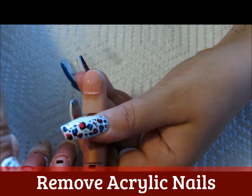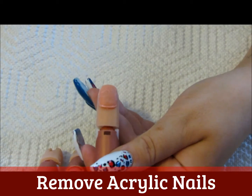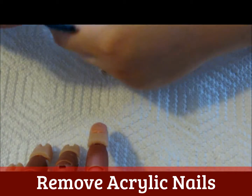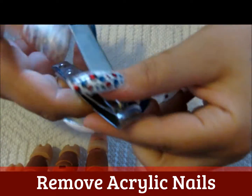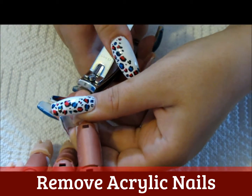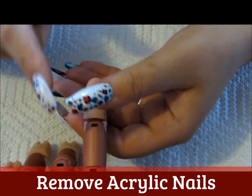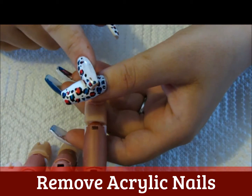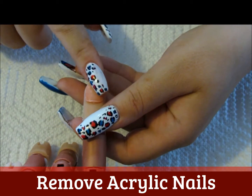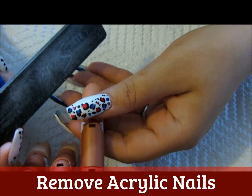Very first thing that you need to do is wash your hands or use some hand sanitizer. Okay, so my first steps are going to involve prepping the natural nail. So the first thing I'm going to do is take my clippers and clip back the natural nail as close down as you can without, of course, hurting yourself. If it breaks, it's not going to rip your natural nail off. If there's too much free edge on your natural nail, it may cause some damage if it gets pulled off for whatever reason. You're going to take a nail file